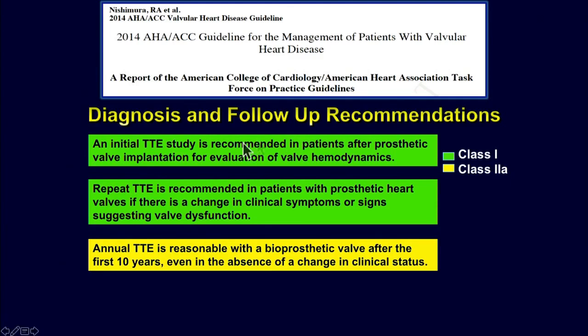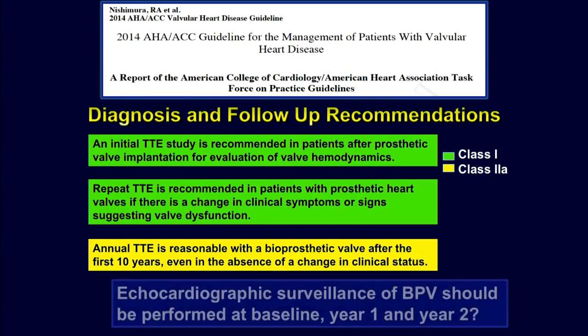What do the guidelines tell us? They say we should do an initial transthoracic echo immediately after, so we have some baseline hemodynamics with which to follow. But then we would repeat the transthoracic echocardiogram for these prosthetic valves if there was a change in clinical symptoms or signs suggesting valve dysfunction. Otherwise, annual transthoracic is reasonable with bioprosthetic valves after the first 10 years, even in the absence of a change